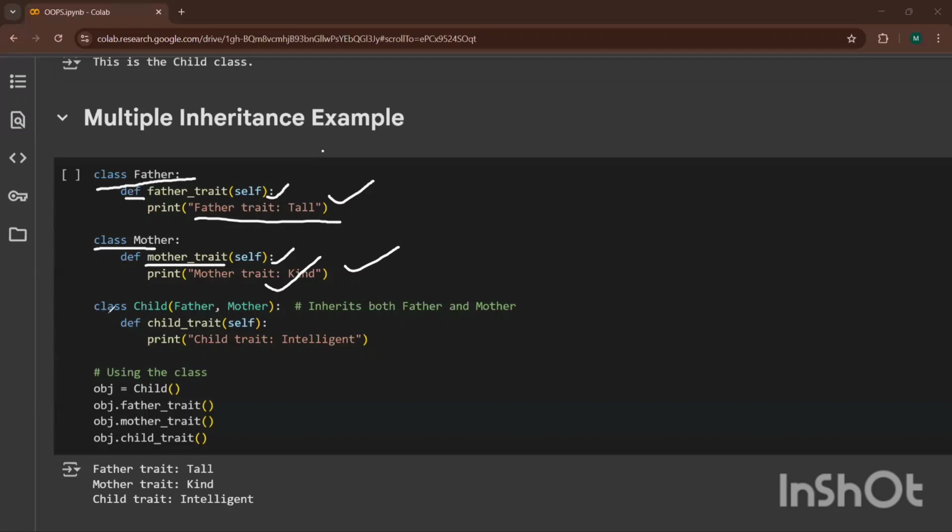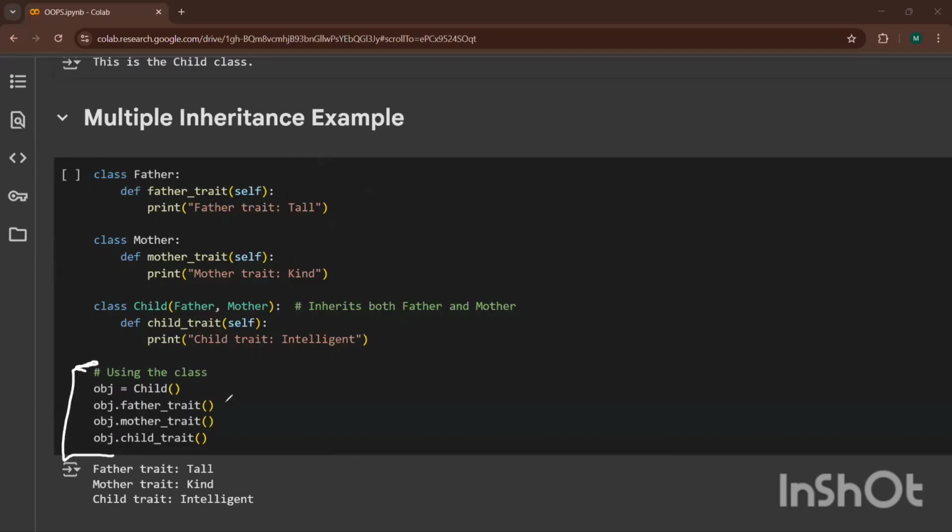Now create a child class. Class Child, Father, Mother. It inherits both father and mother. Father, comma, mother. Just put the trait of the child: intelligent. And again, after that, create an instance of the class. To get father's trait, I'm just taking child because inside child, both the classes are there: father's class, mother's class, and child itself.